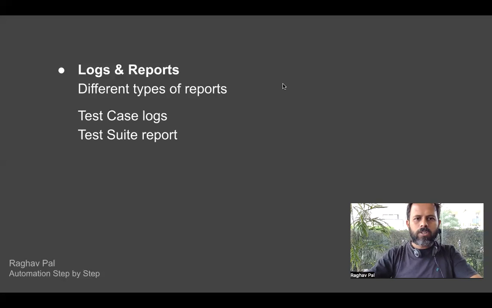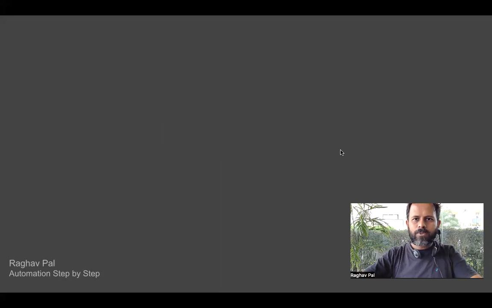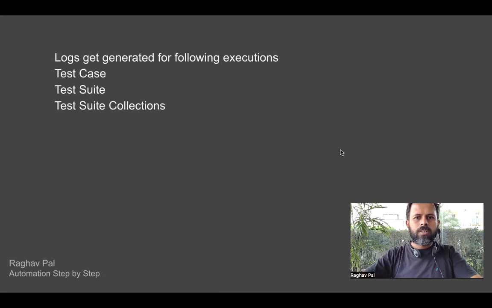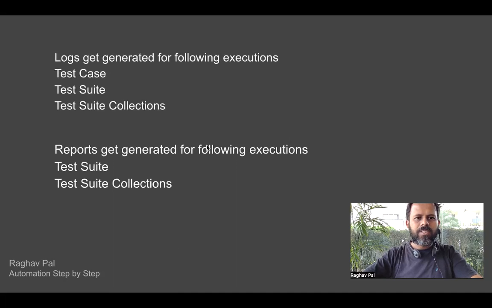So we have logs for all the executions, test cases, test suite or test suite collection, and reports for test suite and test suite collection and not for test cases. You can see here it is mentioned: logs for everything, all the executions, but reports only for test suite and test suite collections. And this is because individual test cases look like,